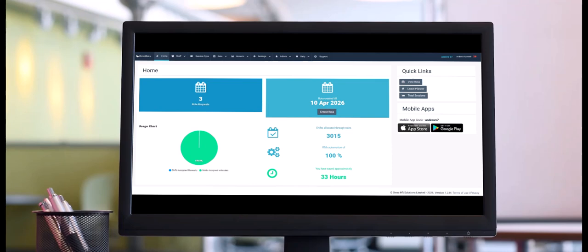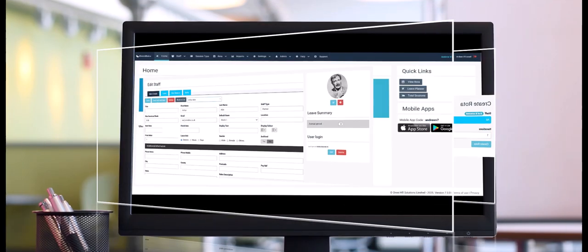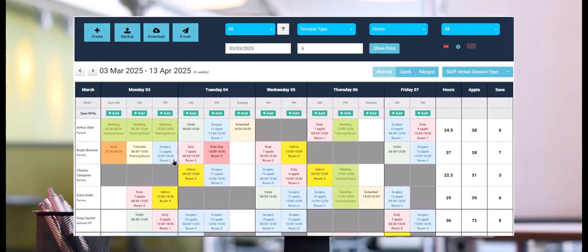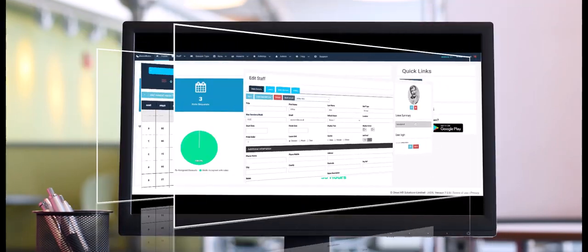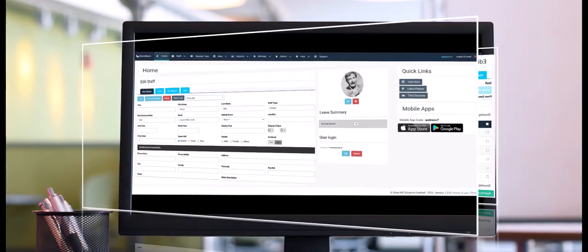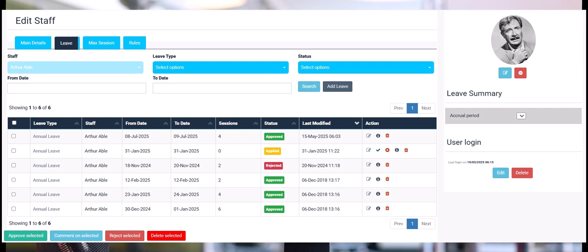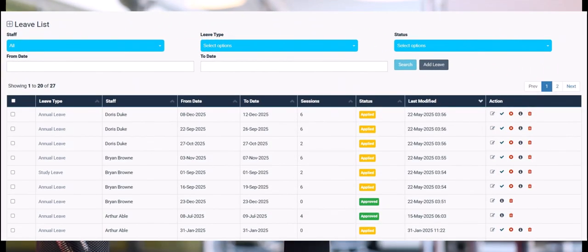Welcome to this quick tour of the OmniRota system. We'll walk you through some of the most commonly used features, starting with staff details and moving on to rota creation and management. We'll cover viewing and editing staff profiles, adding and managing leave, both directly and via staff requests,